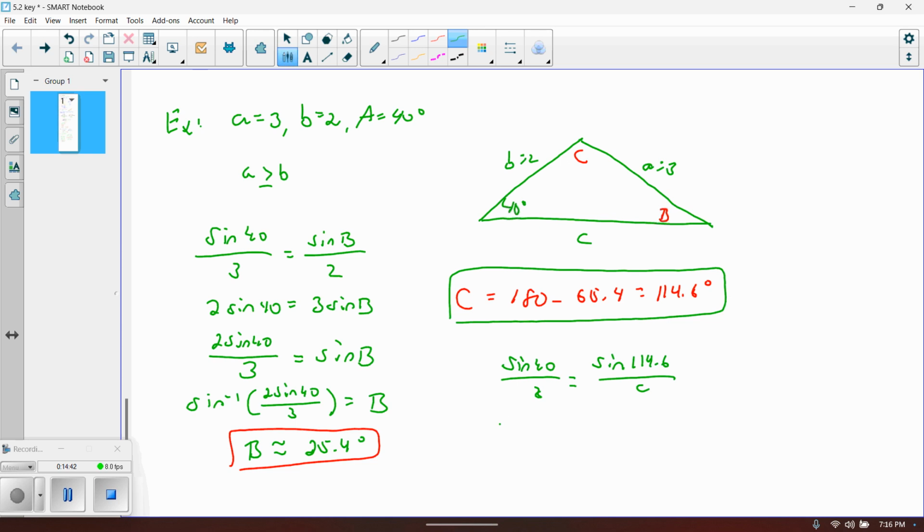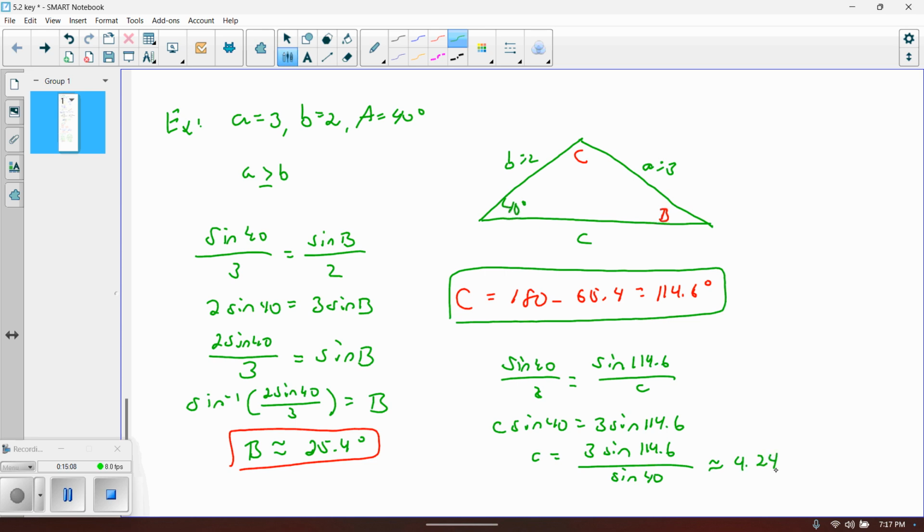Cross multiply, and then divide by sine of 40, and we get an approximated value of